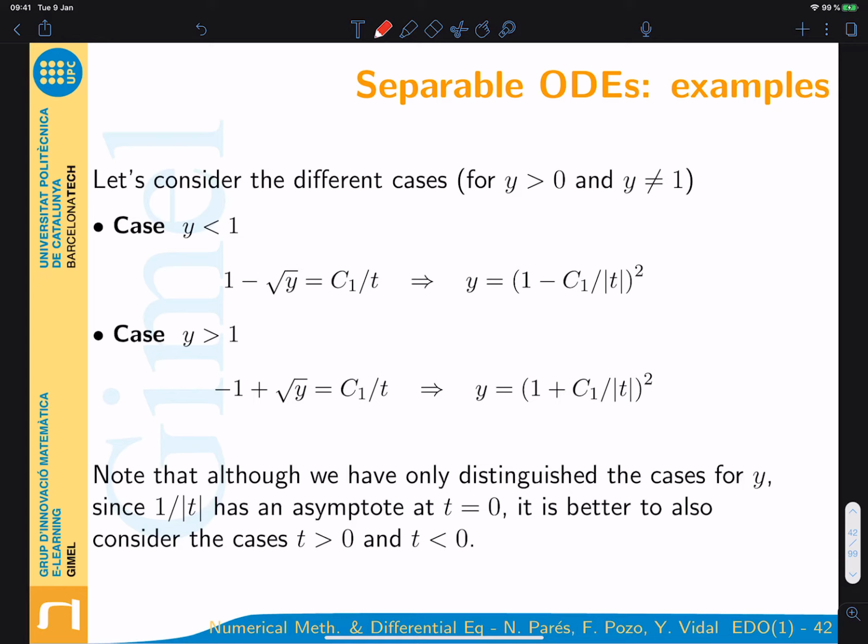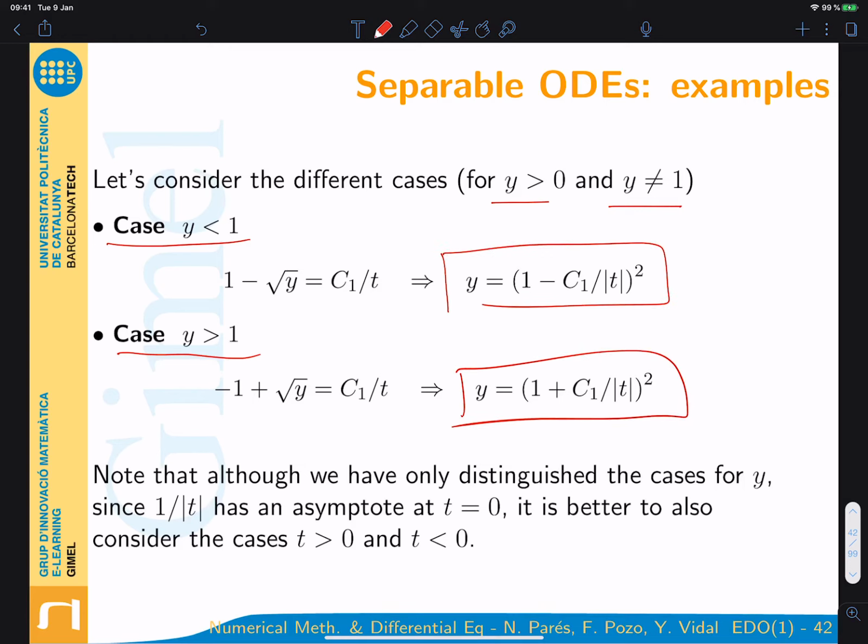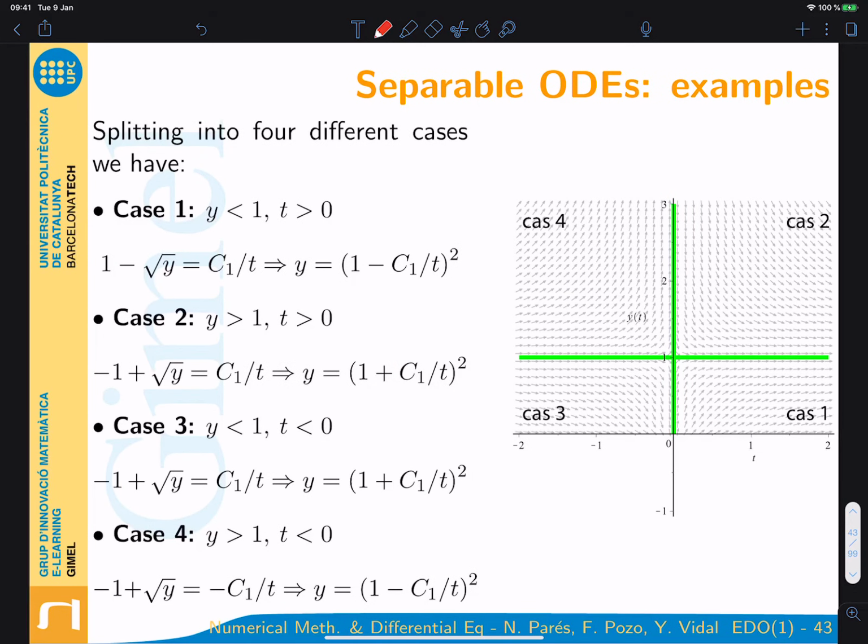Now, let's consider when y is greater than 0 and different from 1. We will have the case y smaller than 1 and the case y greater than 1, which will lead us to these expressions. And of course, we also could study the different cases for the absolute value of t. And at the end, if you study all the possible cases, you arrive at these different expressions,